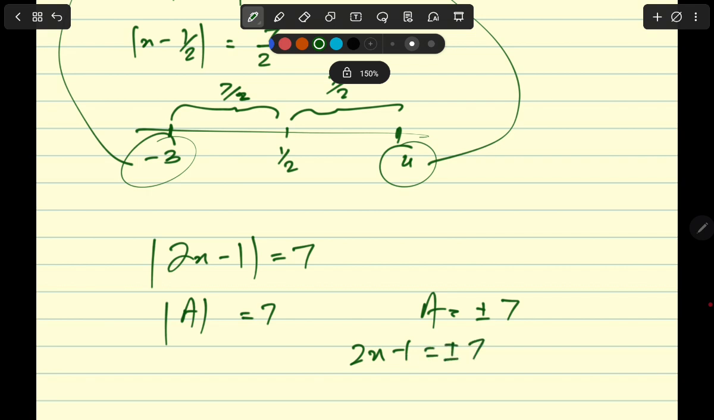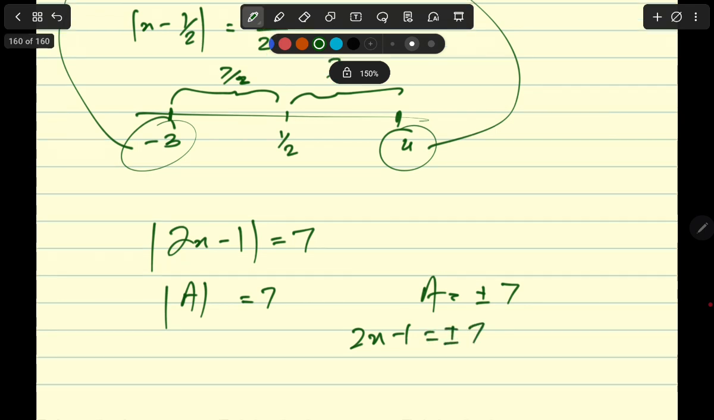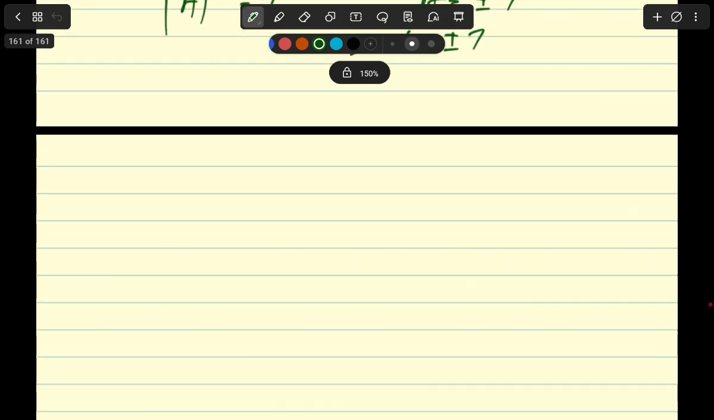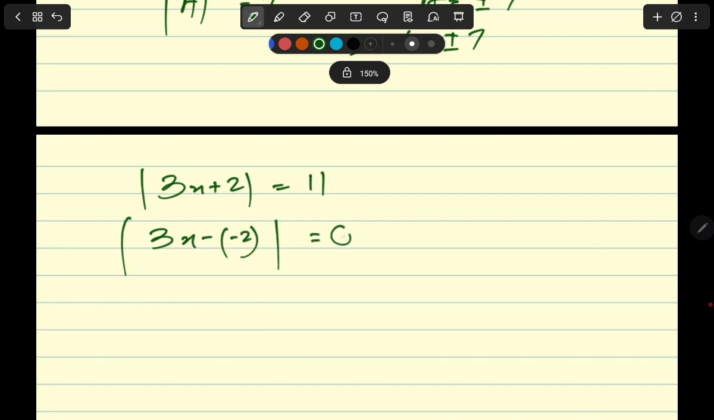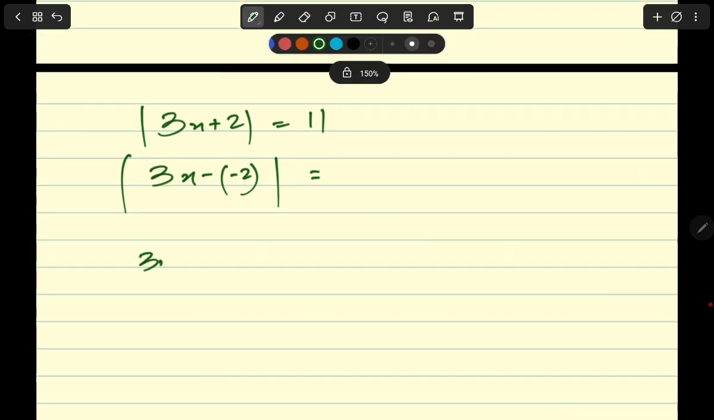Okay, now let's do one more example. Suppose you had, and I want you to pause the video and solve it for me, and then try to match your answer. Let's say that thrice of a quantity is 11 units away from negative 2. Why do I say that? Because 3x plus 2, right? So again, you do the same thing. You write it down as the distance of 3x plus 2